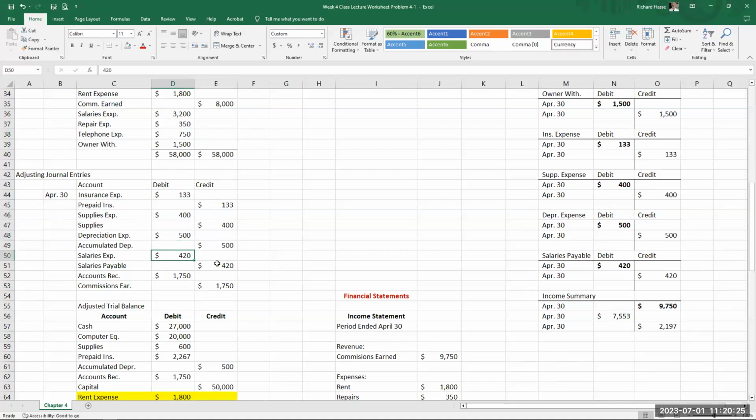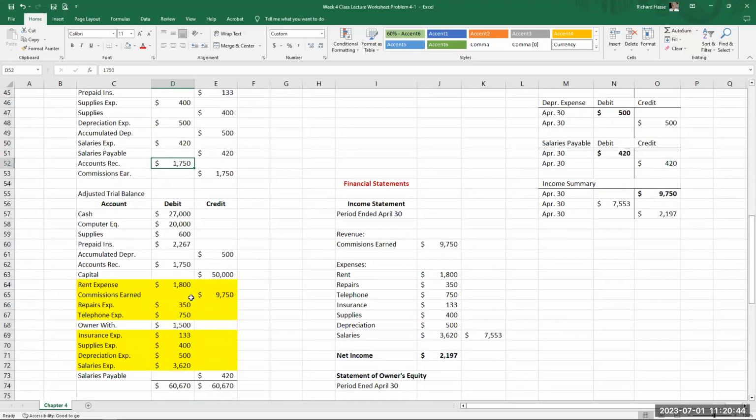In other words, we owe the money, it's a liability. And earnings or revenue received but not yet paid to us, so it's accounts receivable. So these are typical examples of adjusting entries. Once we recorded those adjusting entries, we posted them back to the general ledger, and then we prepared an